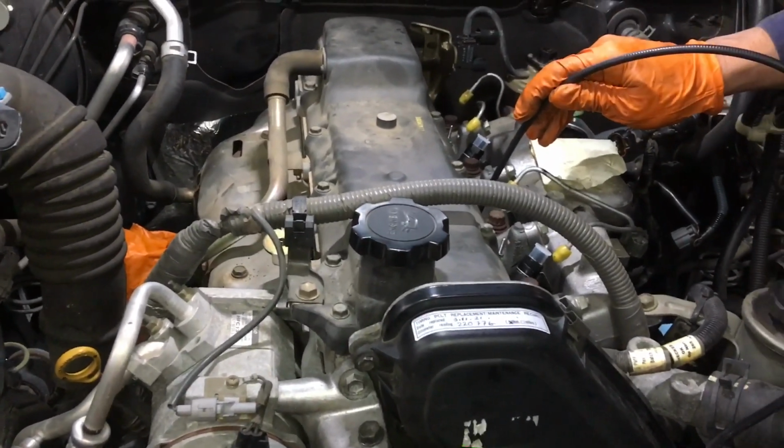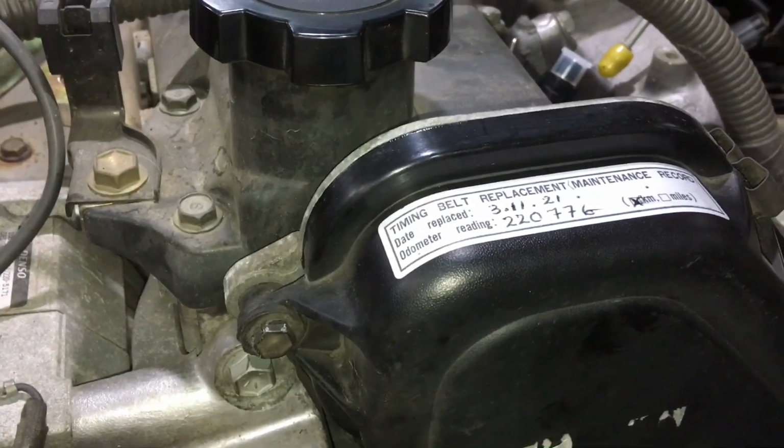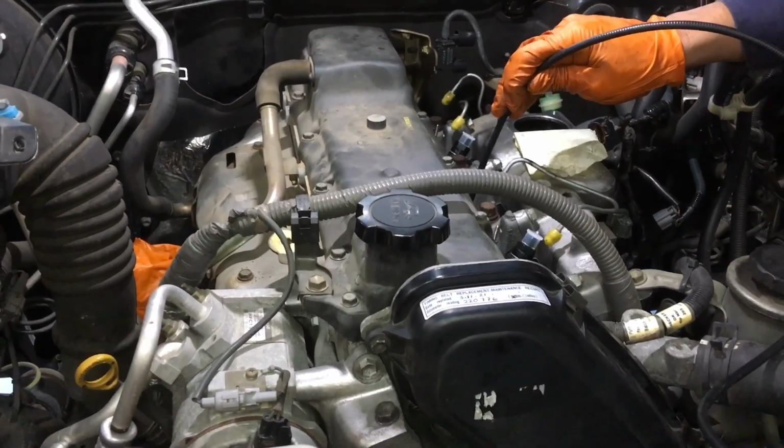Can you remind me how many Ks on this one, roughly, ballpark? I can't remember. I can see the timing belt, yeah. 220, so it's only 220K, right? There it is, timing belt just done, right? It's only 220K. So it's also aged, but these glow plugs would have never been out, and we're going to